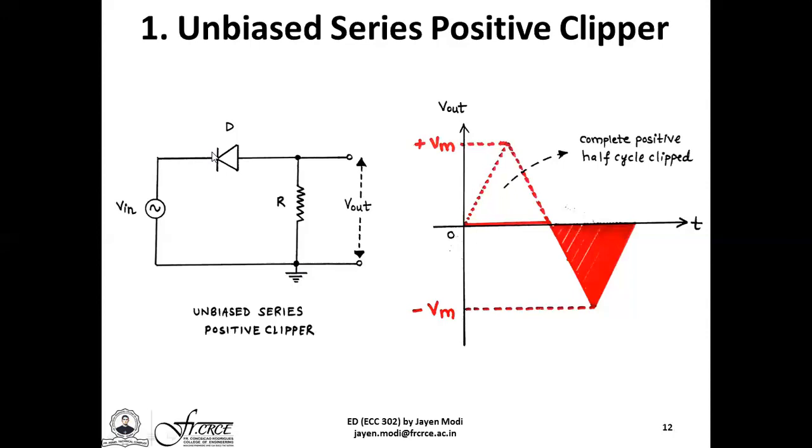Under reverse bias condition, the diode will not carry any current. It will simply act like an open circuit. So for the entire positive half cycle, since you have a positive voltage applied towards the cathode, the diode simply does not work. It behaves like an open circuit. So open circuit means that there is no way the positive half cycle of the AC input signal is able to reach the output. So for the entire positive half cycle, the output voltage V out is essentially zero.